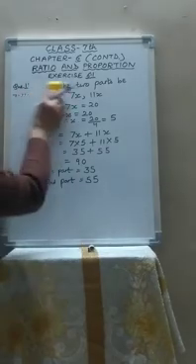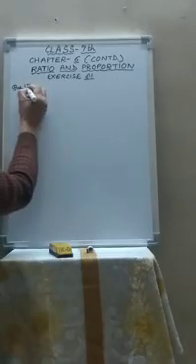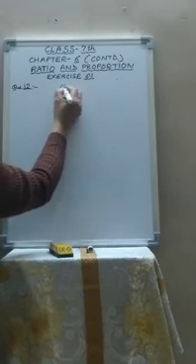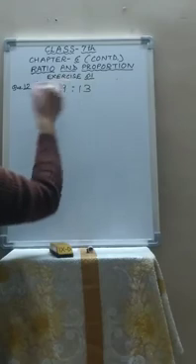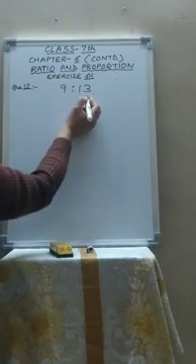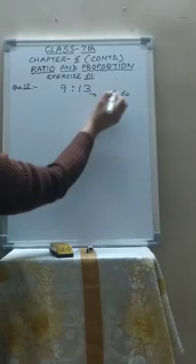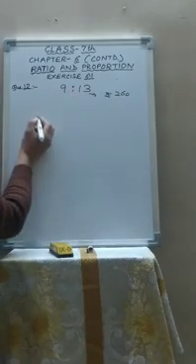Now children, question number 12. So what is question number 12? A certain sum of money has to be divided into two parts in the ratio 9:13. We don't know the sum of the money, but the ratio of the two parts is given, 9:13. And the second part is rupees 260. Second part ratio is given and the amount is also given. So we have to find the total amount.